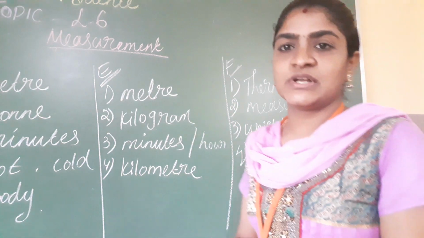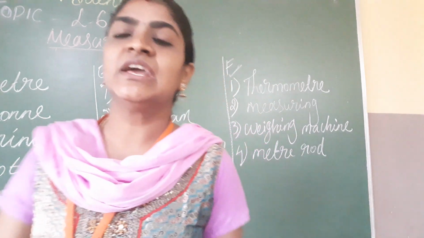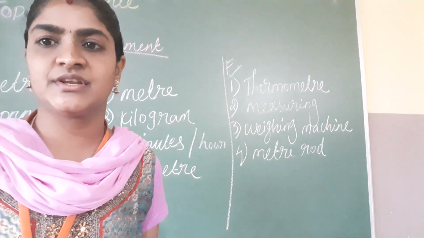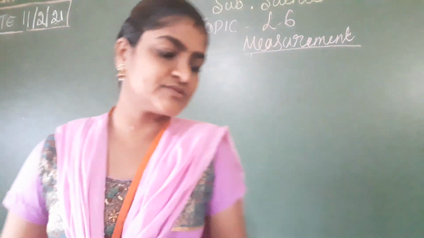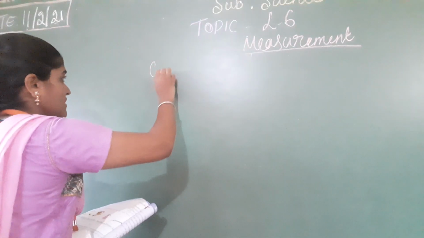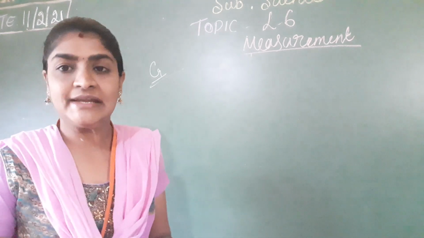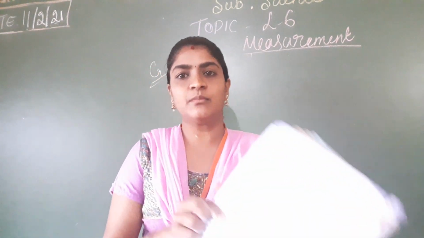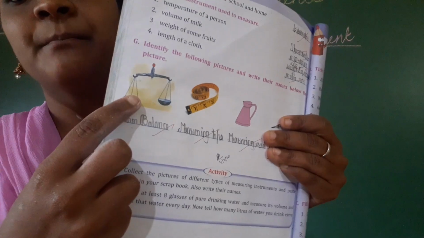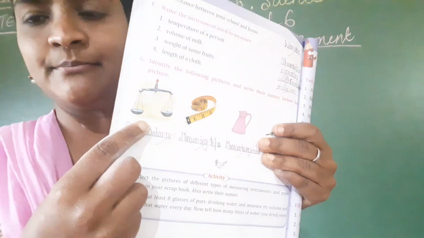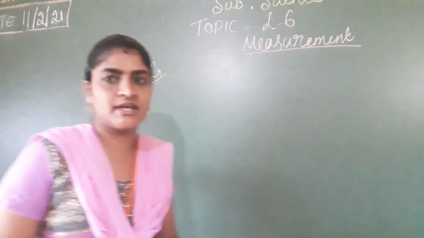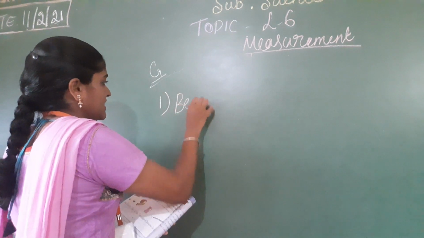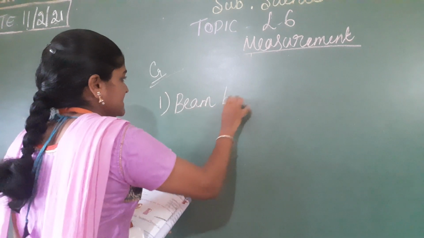Okay. And next one, that is G main, we are going to see. Now till here you have to copy, children. Okay, I will be checking in your interactive session. Next main, that is G main. You have to see the image and write what it is. The first one, what is that image? It is a beam balance. Using that we can measure things. The first answer is beam balance. B-E-A-M, beam balance.